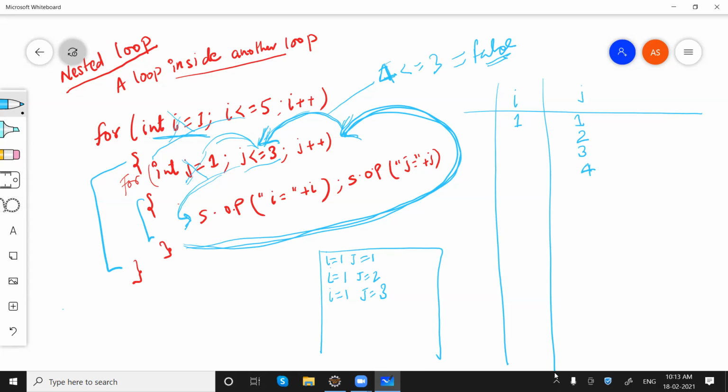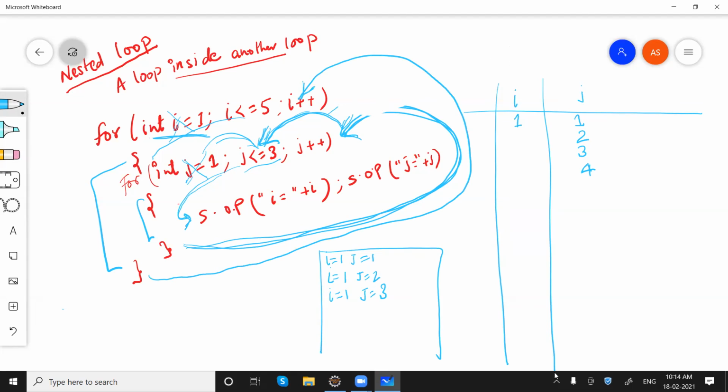Following, guys? Yes or no? Yes. So the inner loop is now completed, but the outer is not yet completed. So we'll go back to the outer loop, right? Now we'll do i++. So when j was 4, then the condition was false, right? Now we are here, i will become 2 when we do i++. Now we'll go here, right? We'll check if i is less than or equal to 5.